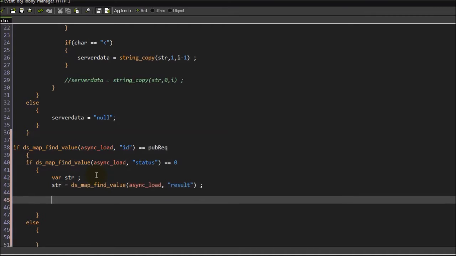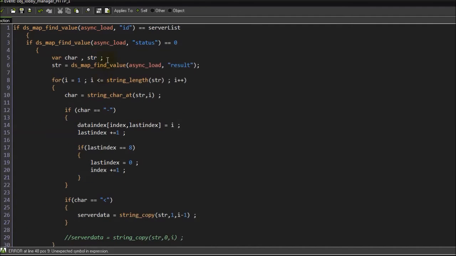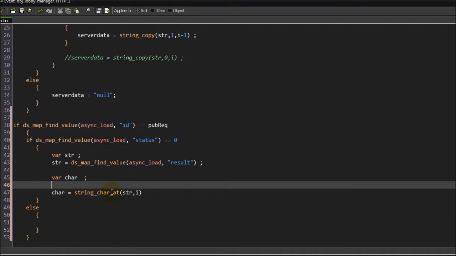Okay, now var char, so we'll do the same thing for what we did to, what was that, the serverless data. So this should be string character add string I, but before that we need a loop for, let's say, s equals 0, s is less than,